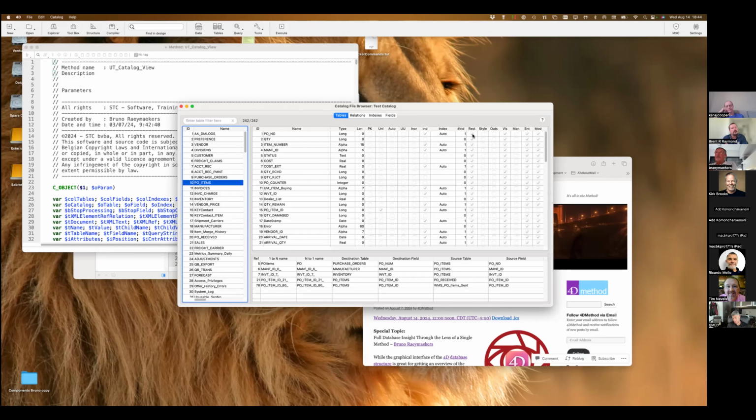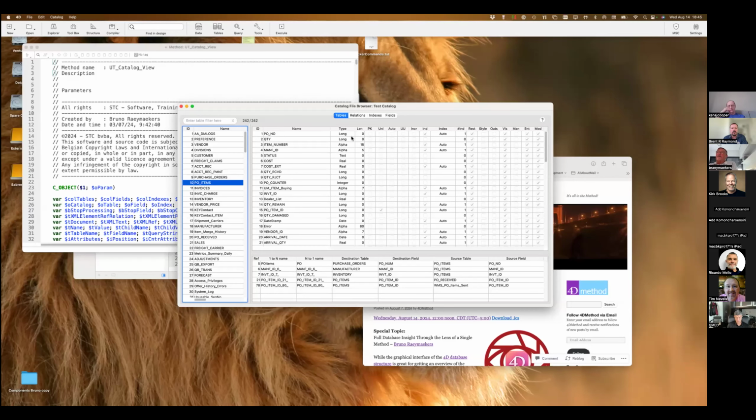Then on field level, whether the field is available as a REST resource, yes or no, whether the field has styled text that the queries will ignore if needed to, whether the data of the field is stored inside the database or outside the database, if the field is visible, mandatory, enterable, or modifiable. So these are all the field attributes, and on this side you have all the table attributes.